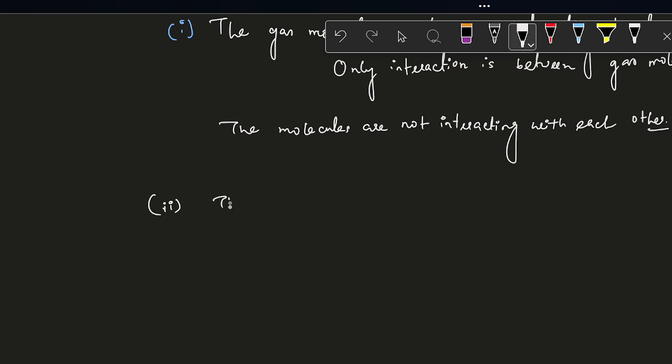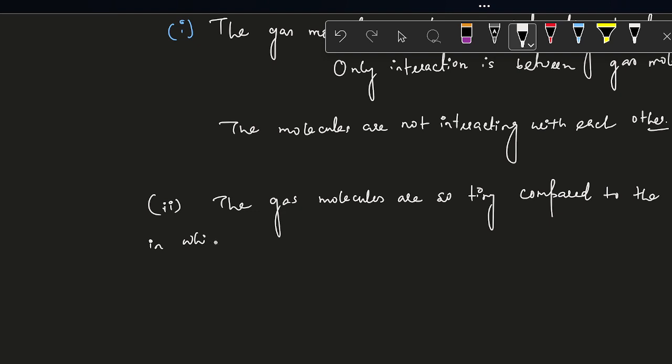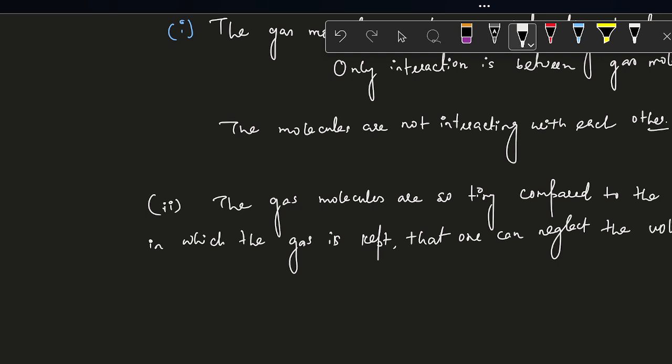So the second assumption is that the gas molecules are so tiny compared to the total volume of the container in which the gas is kept, that one can neglect the volume occupied by the